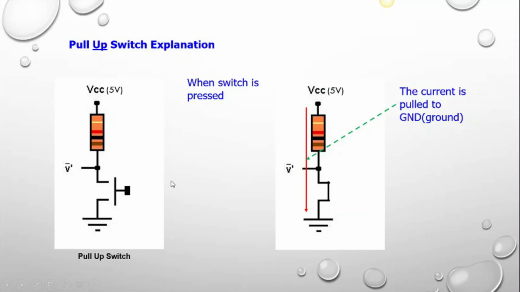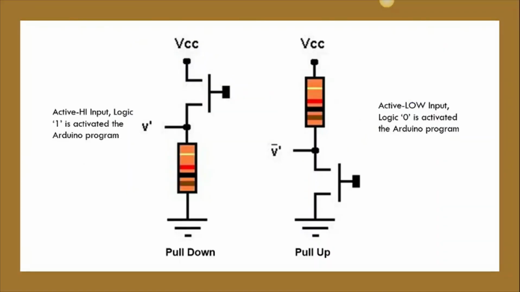If you want to have a logic 1 when the button is pressed, then you need to use a pull down switch. If you want to have a logic 0 when you press the button, then you have to use the pull up switch, and therefore